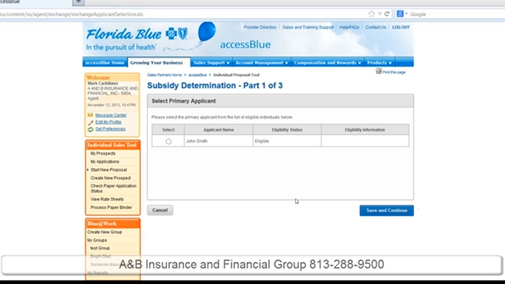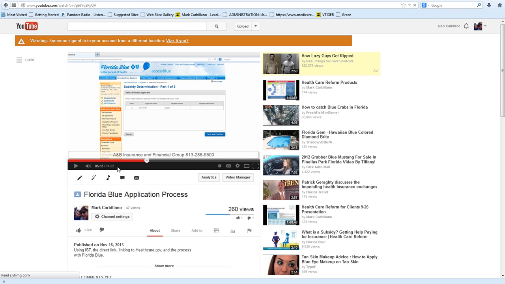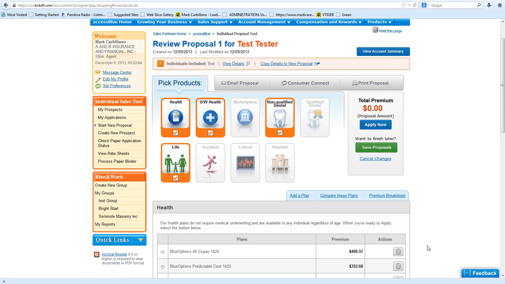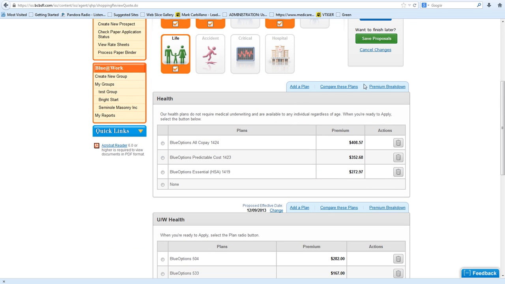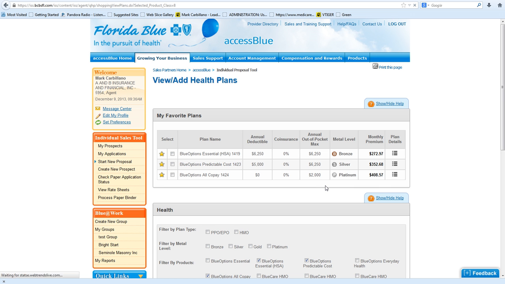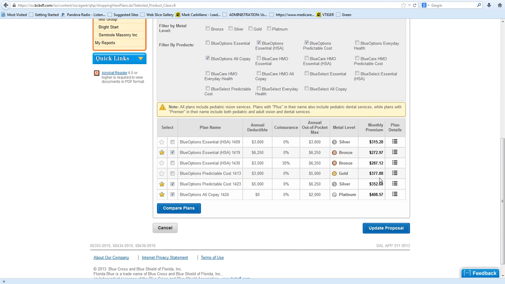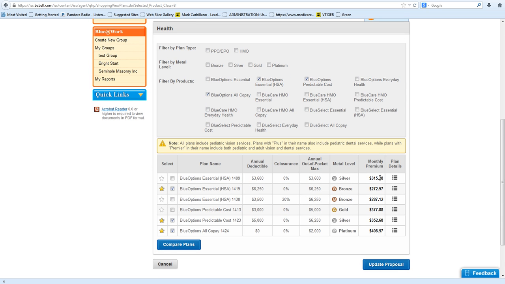Make sure that you have that determination of that subsidy on that PDF. If that PDF does not have the determination of the subsidy, you're going to redo it. Or maybe they don't qualify for a subsidy. It's going to bring you back in, and then it's going to give you the list of the plans. Okay? So now when you're looking at the list of the plans, this is when you need to have all of your brain power working on full capacity,